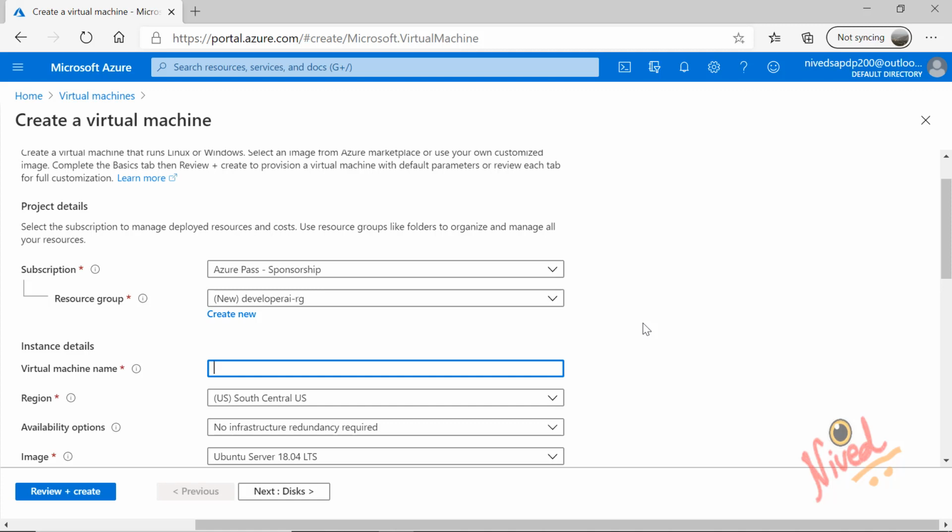Usually I shall give a name that should be appropriate for the kind of lab or work that we want to do over here. I will say this is my developer VM, and then we select the region of where we want to create